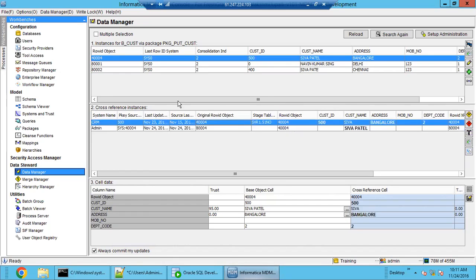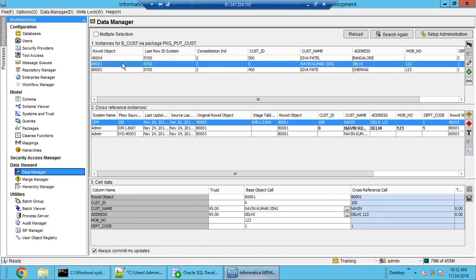So in the normal case, we will have one entry, and the row ID object and original row ID object will be the same. But if some merging happened, then this interesting thing will come into the picture. So here you can see,